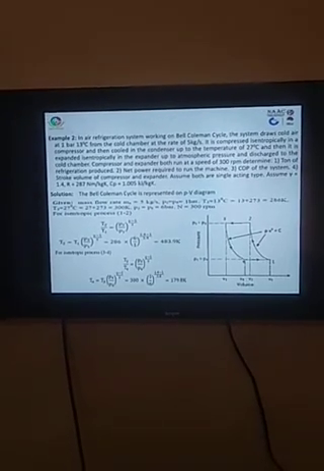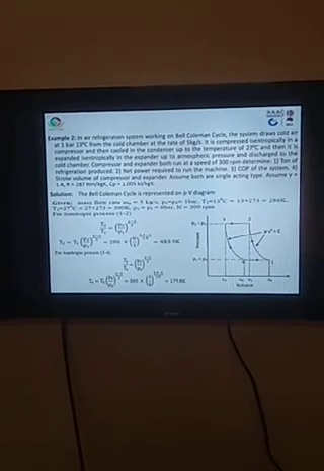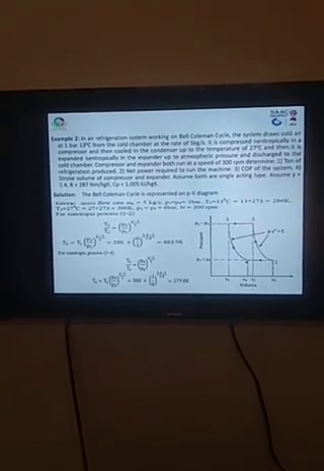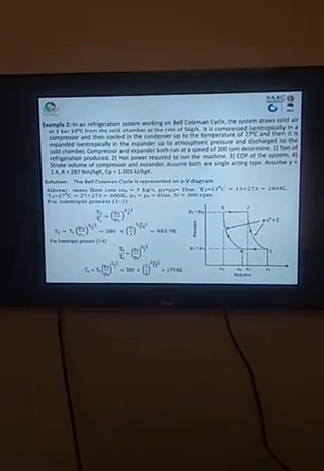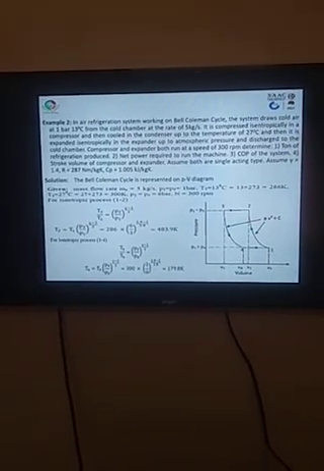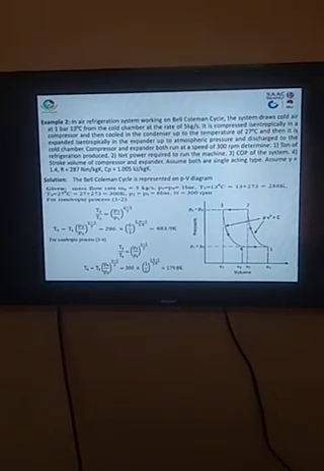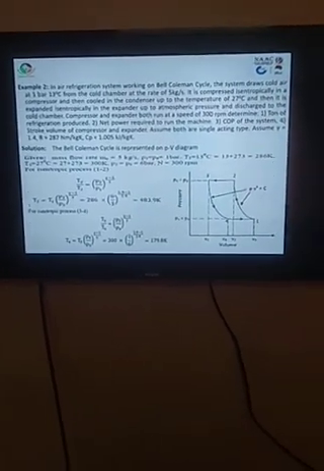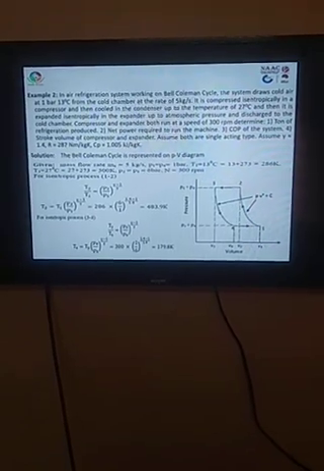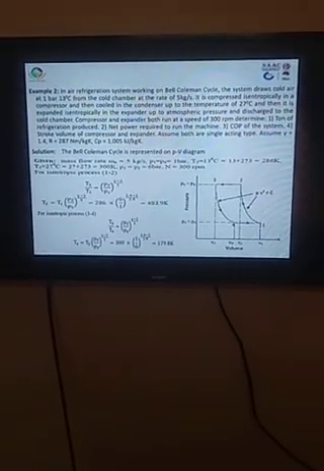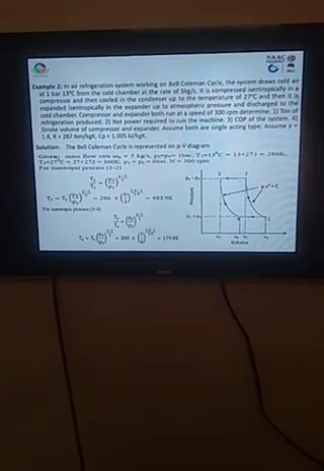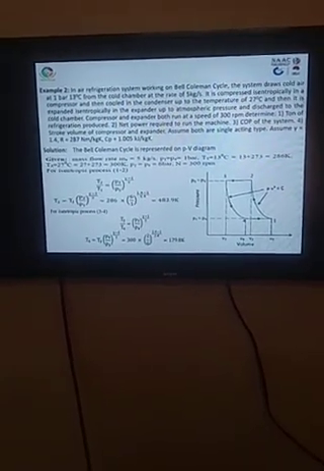Then the temperature at the end of the process is T3, that is 27 degrees centigrade given. So in terms of Kelvin it is 300 Kelvin. At the same time the pressure value is 6 bar, and this again is a constant pressure process, so P2 equal to P3, 6 bar. The speed for both compressor and expander is 300 rpm.